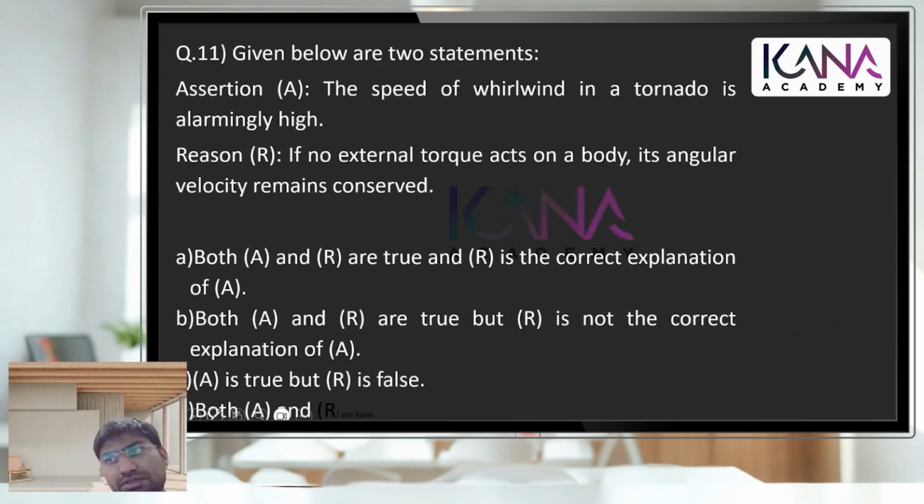So it's an assertion reason based question. The assertion is that a tornado's wind speed is very high. The reason is that if no external torque acts, the angular velocity remains conserved. So what is correct here is that the tornado air column contracts. So actually, what happens when there is a tornado,